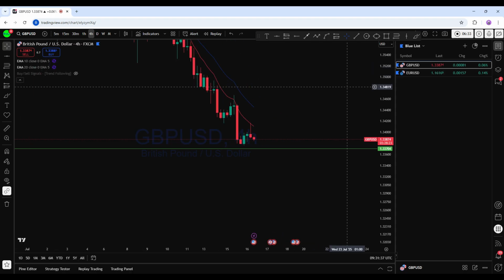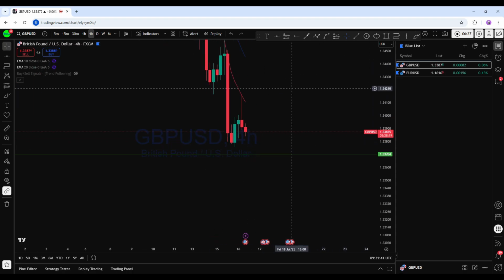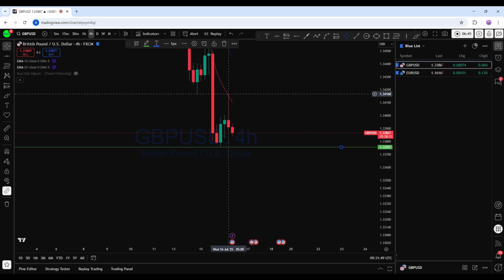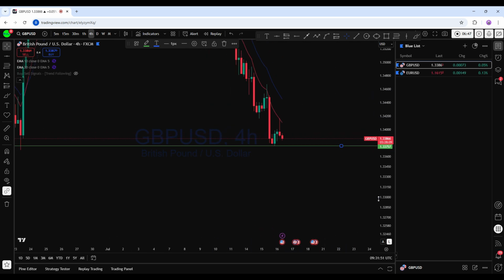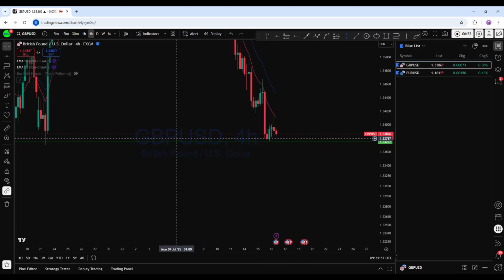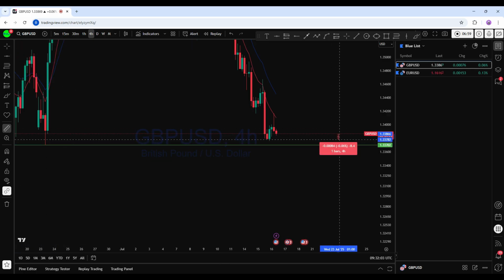Now if we look at the 4-hour chart here, we can see there is a 4-hour pin bar, and this is where we have an open sell on British pound US dollar. And what I think is the market will at least try to break this low here from the 4-hour, as there is a pin bar and it's a stronger bearish price action, expecting this market to trend down here to create a new lower low. This is the previous swing low here, and as the market is showing a stronger bearish trend,